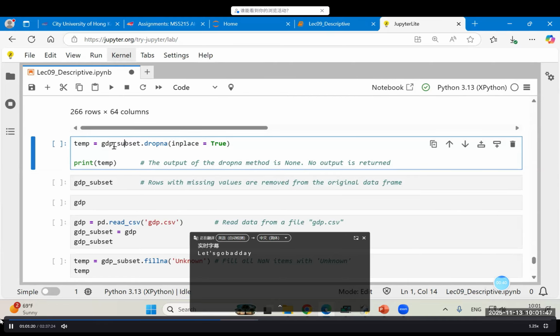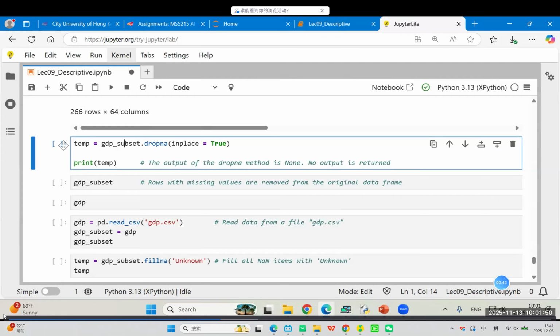This swap NA operation will be directly performed on the original GDP subset. So this temp